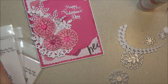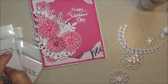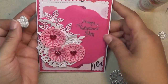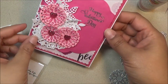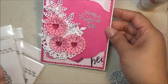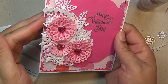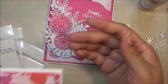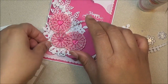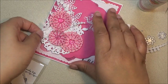If you feel you need more items here, you can. I did have like this little heart that I may want to stick somewhere. So I may place that there. On this particular card, I had something coming out right there, so maybe I'll stick that there. It's all up to you. So what I'll do is probably stick it